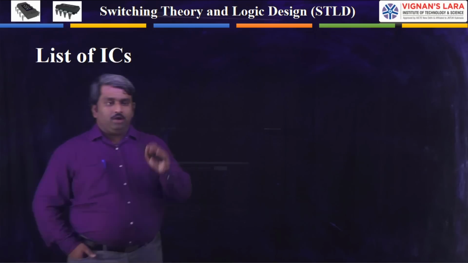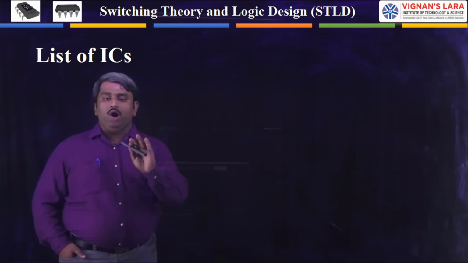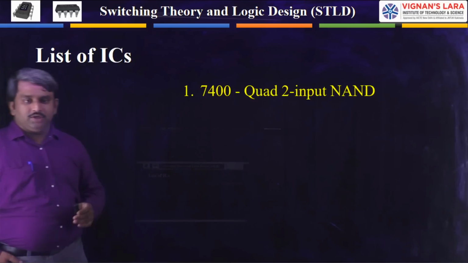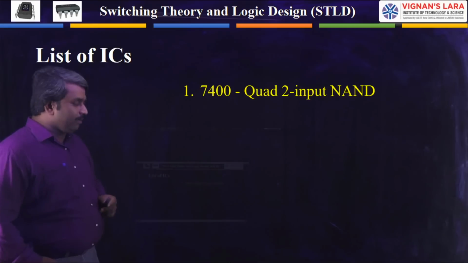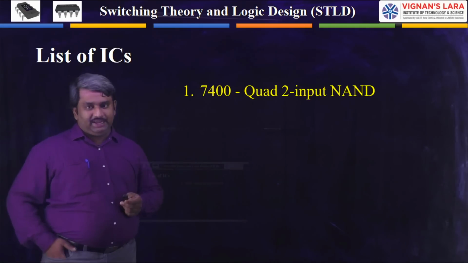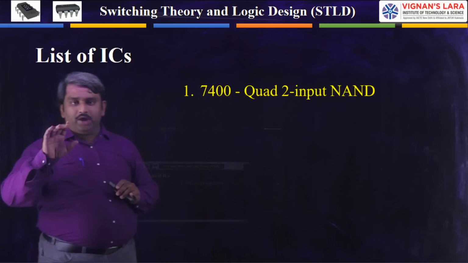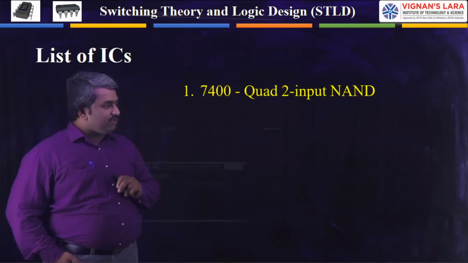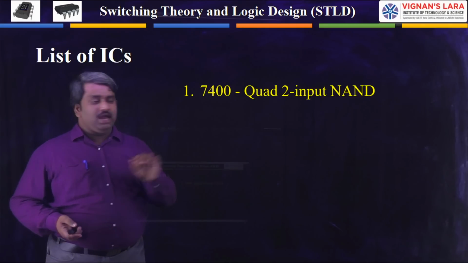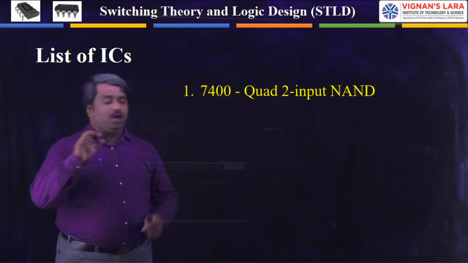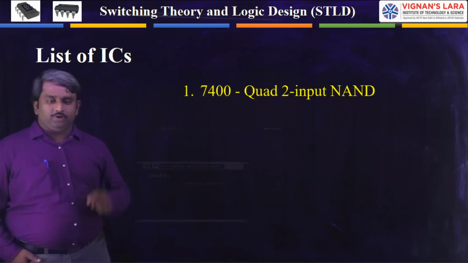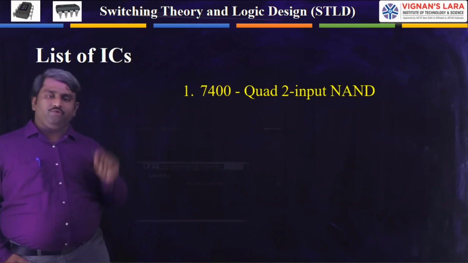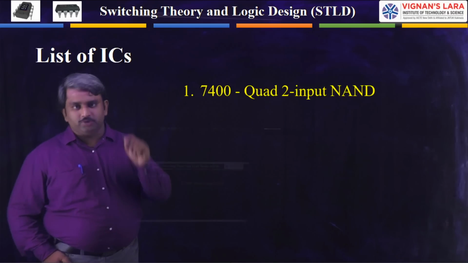Coming to our subject, in our first unit, what is the list of ICs available? Now we will see here. The first one is IC7400. This is a quad 2 input NAND gate. That is, in this particular IC we have NAND gates. How many? Quad means 4. So in IC7400 we have 4 NAND gates, and each NAND gate has 2 inputs and 1 output. There is no necessity of specifically representing the output, because the output is always 1 for the NAND gate, but the inputs may be 2 inputs, 3 inputs, 4 inputs, 5 inputs.